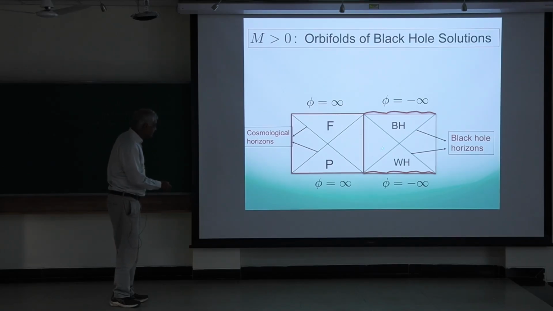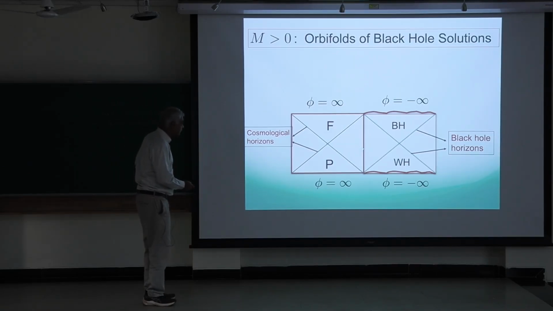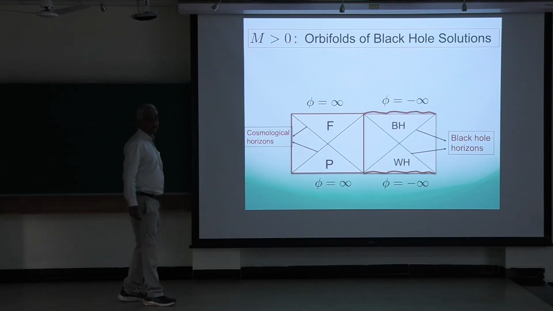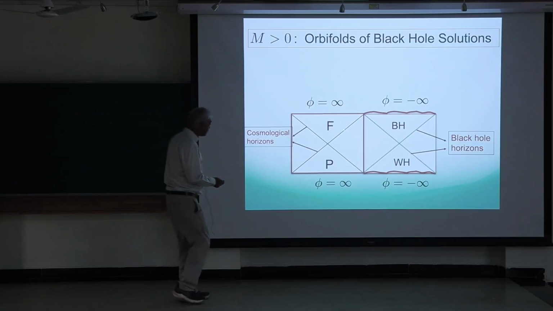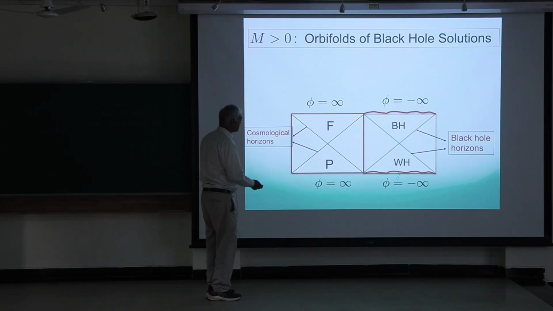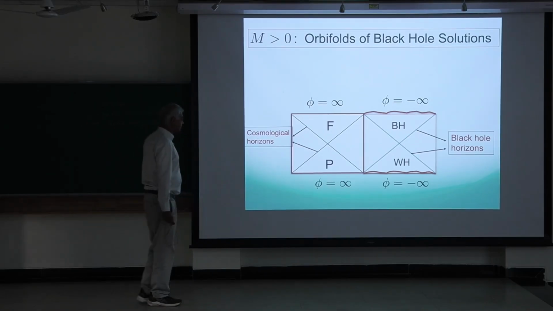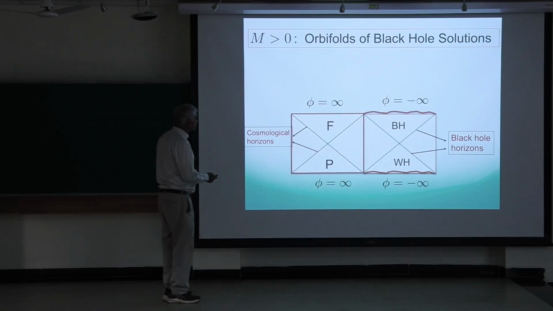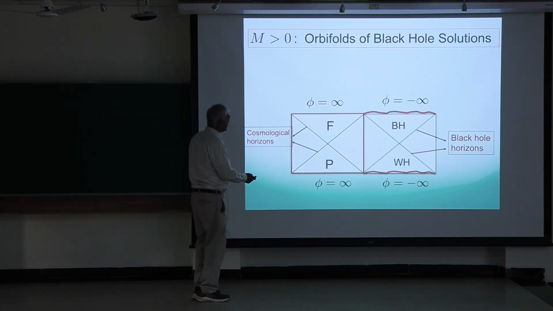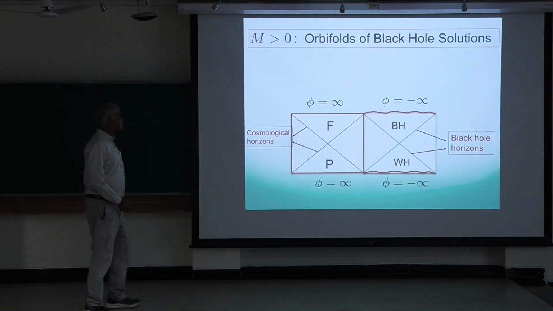So if you come into this region, which is called the static patch, then you can fall into a black hole, or you could have come out here from a white hole and then make your way to the far future, and similarly for the past. Okay, so of particular interest will be the future and past Milne-like wedges and the black hole, white hole regions in our work, as you will see. If you look at the values the dilaton takes, it takes values infinity in the future of the future region and past of the past region asymptotically, and deep inside the black hole, white hole region, it becomes minus infinity. Okay, so this is a solution.